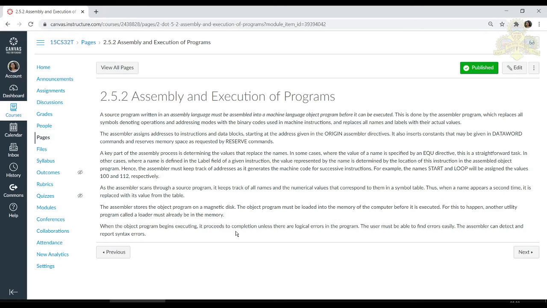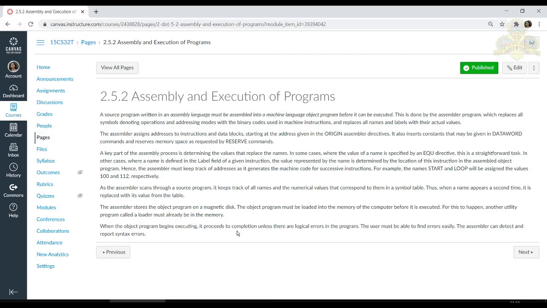Now, whenever your assembler translates the source program, it scans the source program and keeps track of all the names and their associated values in a table.